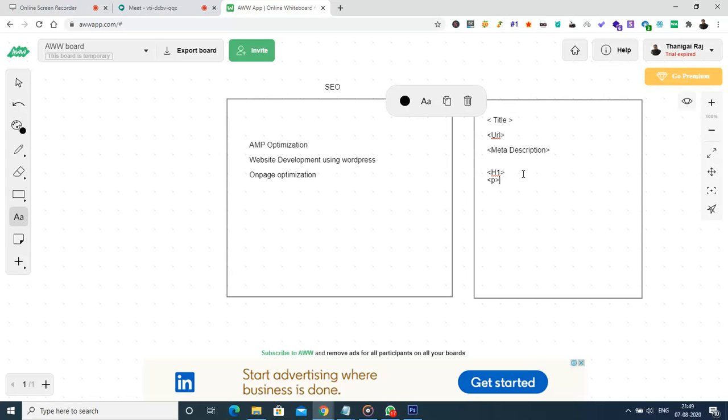These are the two tags we can use to enter the text version of a particular web page from an HTML point of view. The H1 tag is used for the headings, and the paragraph tag is used for the complete data related to the heading tag that we feed in the paragraph. The complete paragraph definition and so on will come in the paragraph tag.